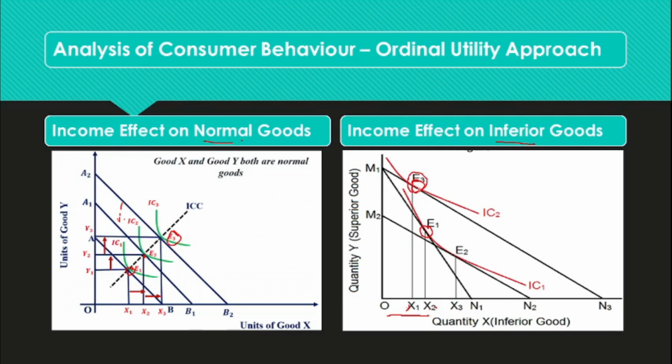However, the equilibrium is on a higher indifference curve, but the point gives us a lower quantity of the inferior good. So from here we can see that the income effect on inferior goods is reversed and it is negative. If there is an increase in income, there is a decrease in the quantity demanded for inferior goods. So there is a reverse relationship between these two, and that is why there is a negative